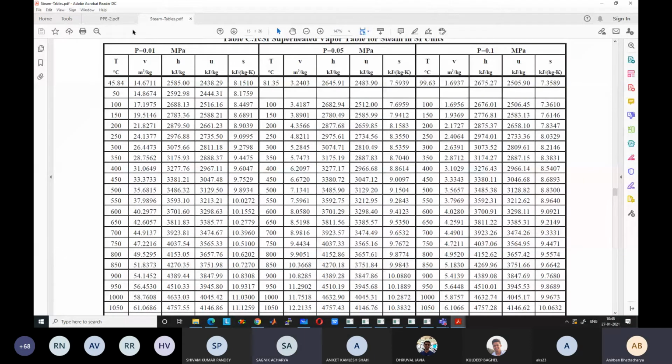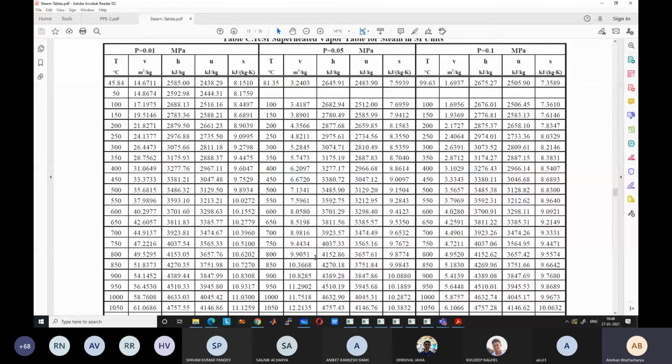Sir, it is the saturated vapor. Correct. It is the saturated vapor condition, just at this point, on the line. Now below this temperature we will not have superheated vapor, so there cannot be any superheated table below this temperature. Only above this temperature for that pressure we can have superheated vapor, right?